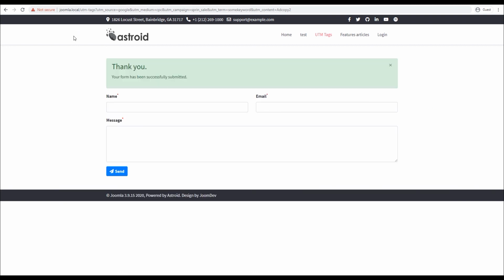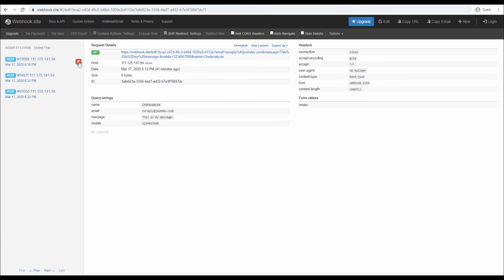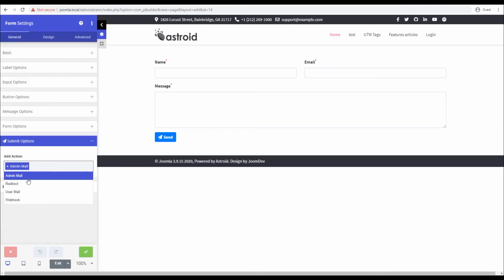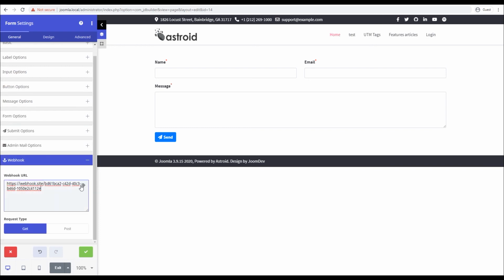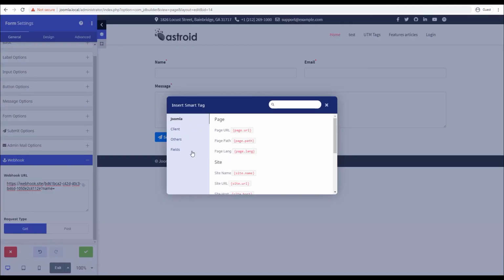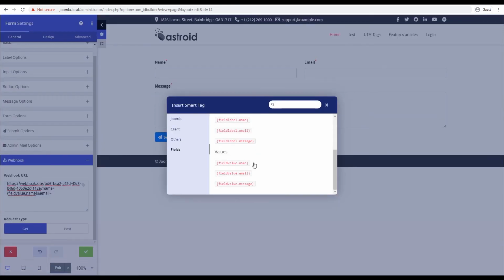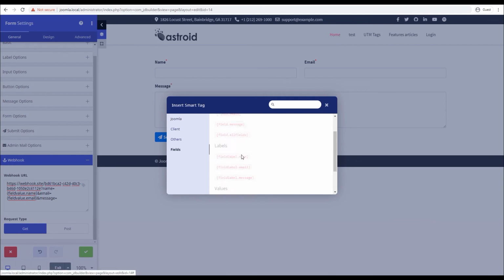Now you can also post the information to a webhook, and in this case I'll just use this webhook site that I've used before. Let me go ahead and close all of these. This is our webhook URL, and it's really the same thing, you know, the ability to use tags there as well. For the webhook, we'll create a URL here, a GET request, and we'll post all the data from our form first. So we'll say name equals smart tags, and then we go name, and then we say and email equals smart tags email,